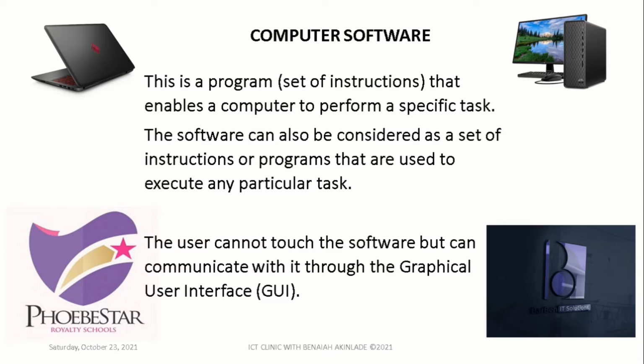When you talk about computer software, it is a program or set of instructions that enables a computer to perform specific tasks. It can also be seen as a set of instructions or programs that are used to execute any particular task. There is this common definition people give computer software as the part of the computer that you cannot see and touch. That is often the case, that you cannot touch it, but you can communicate with it